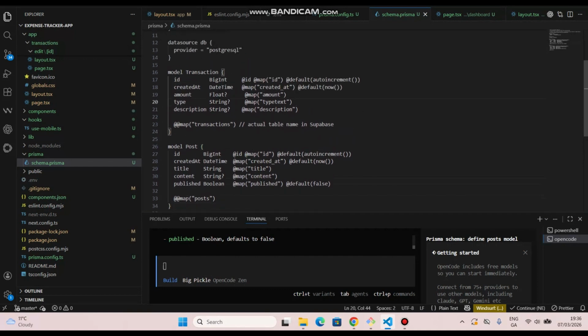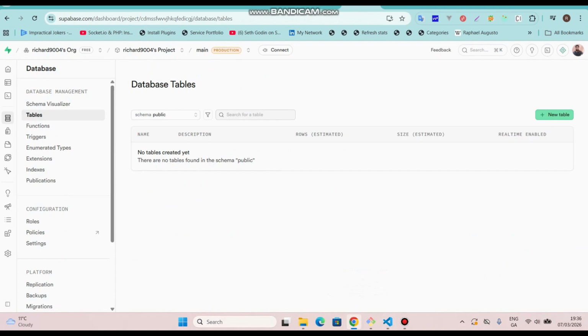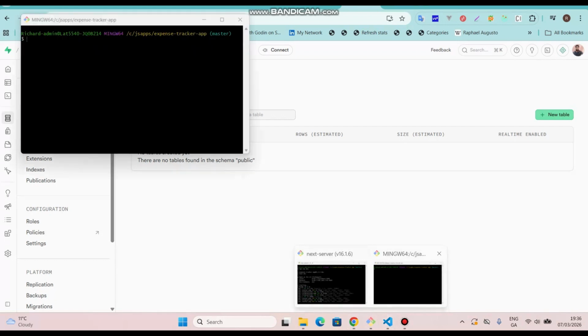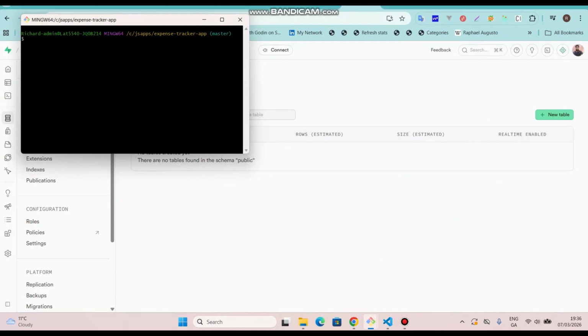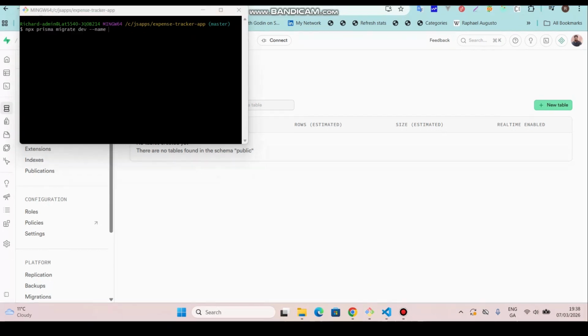And now if I go to my Supabase, you can see there are no tables created here. Right? So next, we are going to run migrations. So let's open a terminal here and create a migration. We will run this command, and the name we will give is create